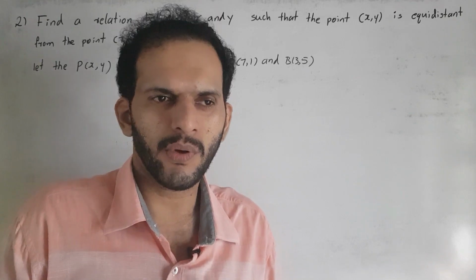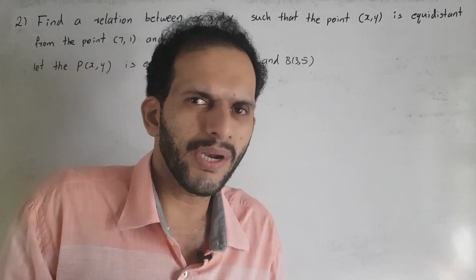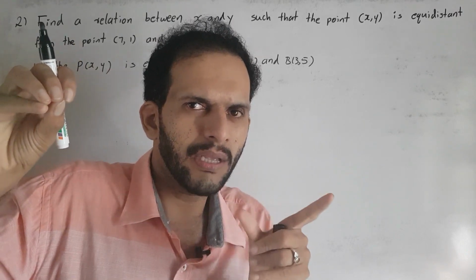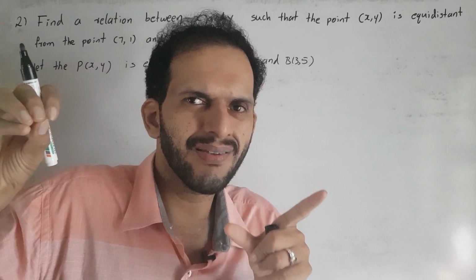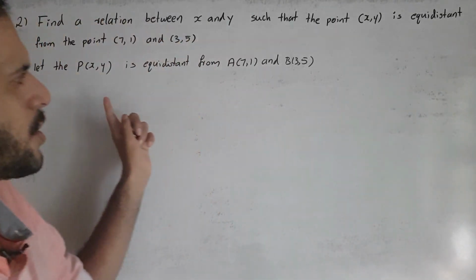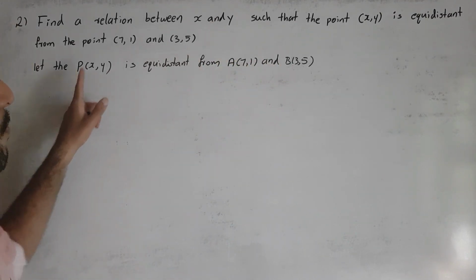അതാണ് മക്കളെ ഇക്വിഡിസ്റ്റൻസ് എന്ന് പറഞ്ഞാൽ. രണ്ട് പോയിന്റ്സ്, ഒരു പോയിന്റിൽ നിന്ന് ഇക്വിഡിസ്റ്റന്റ് ആണ് എന്ന് പറഞ്ഞാൽ ആ ഒരു പോയിന്റിൽ നിന്ന് ഈ തന്നിരിക്കുന്ന രണ്ട് പോയിന്റിലേക്കുമുള്ള ഡിസ്റ്റൻസ് എന്താണ് എന്നർത്ഥം? ഈക്വൽ ആണ് എന്നർത്ഥം. അപ്പോൾ P is equidistant from A and B means the distance from P to A,